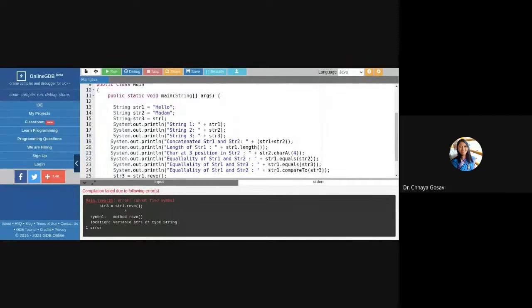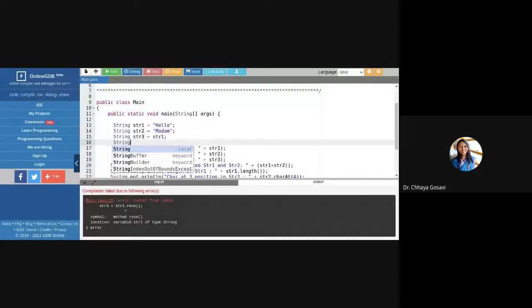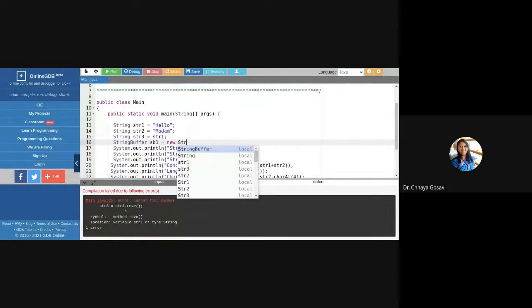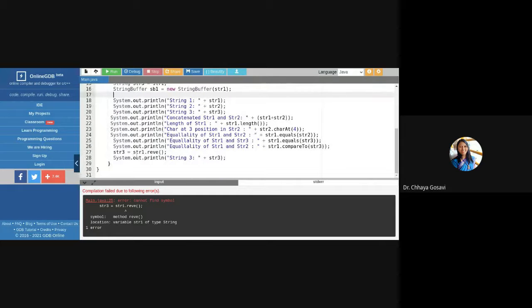So I have to create a StringBuffer. StringBuffer object sb1 is equal to new StringBuffer, and here I'm passing str1. So you can create a StringBuffer with a string or a string with a StringBuffer. Just pass that particular string to it, and then sb1 dot reverse.